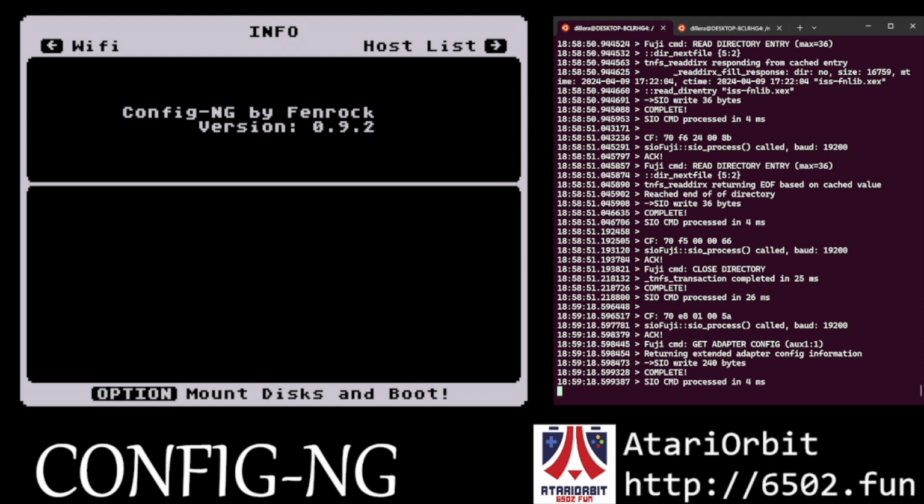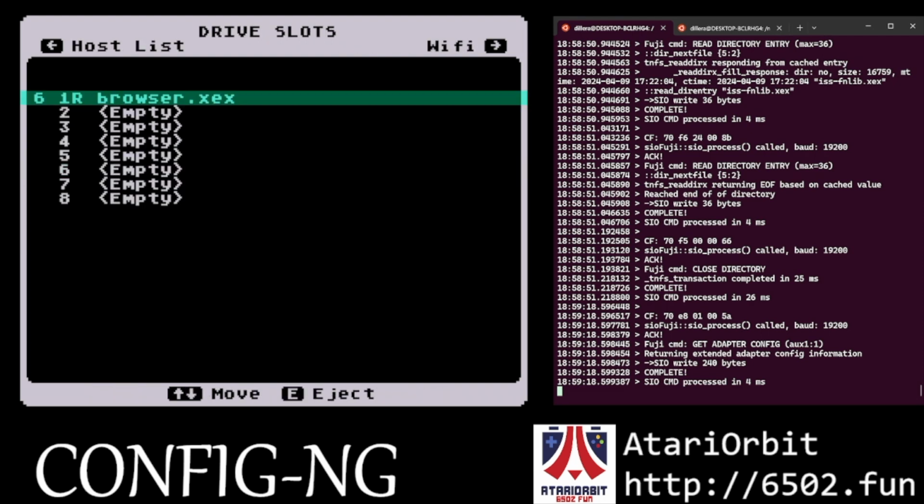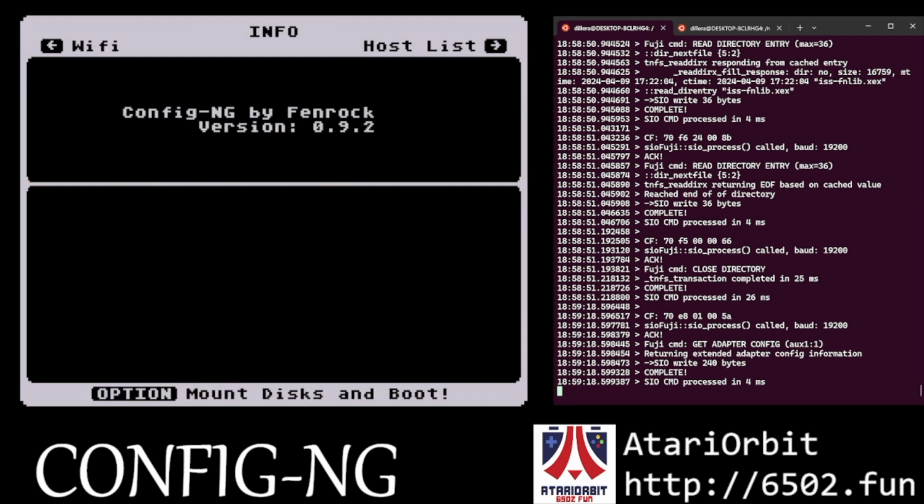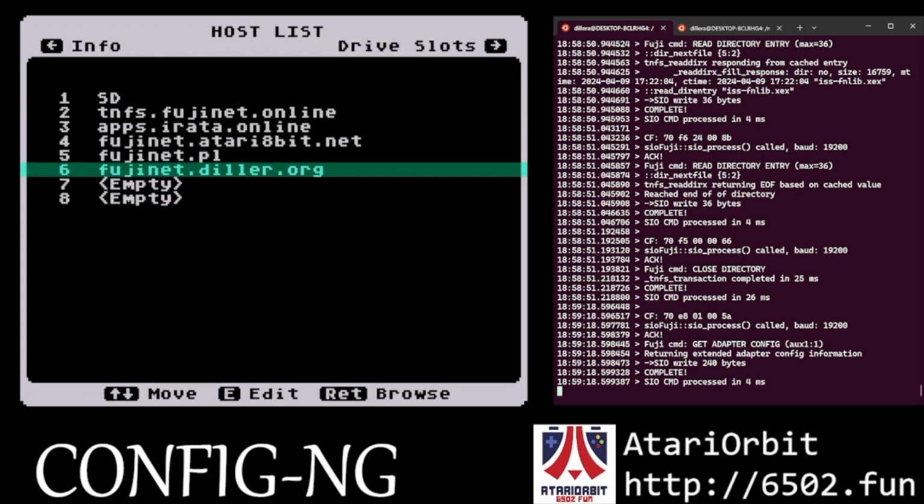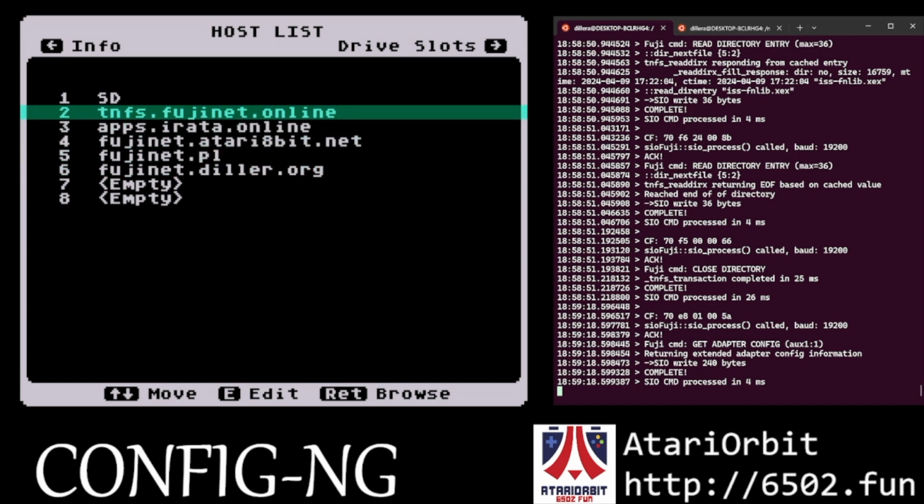You can see Fenrock did this, and 9.2 is his version number. And I can tap left or right, and you can see it's quite responsive, quite quick. You can also copy files. Let's see. If I go in here,